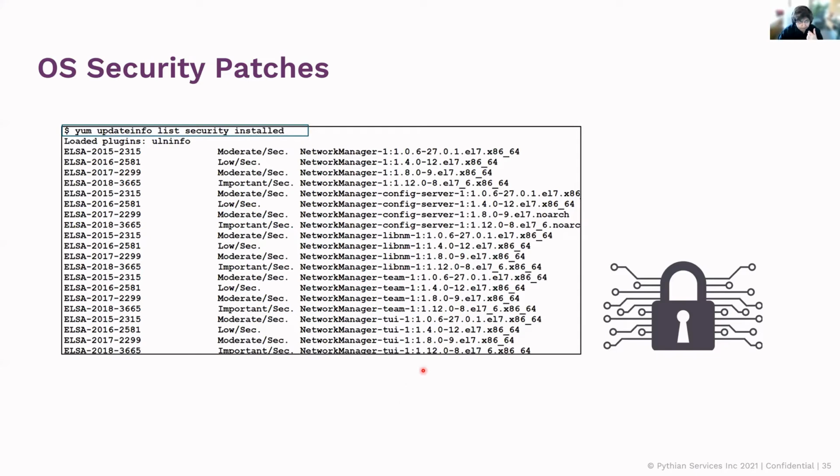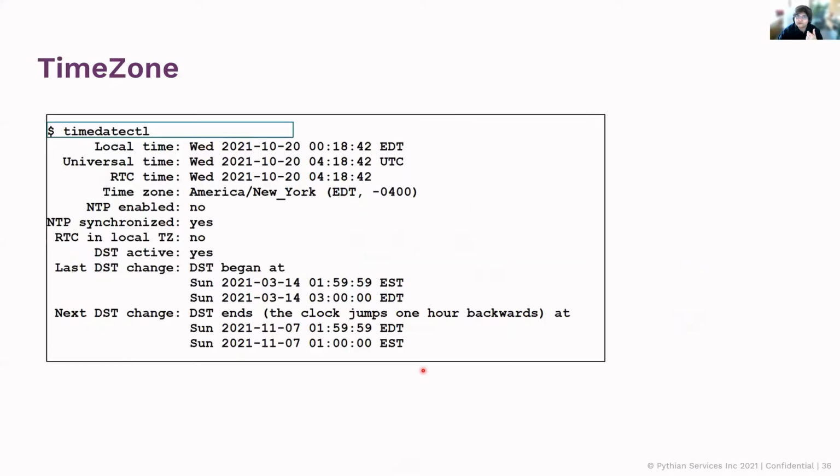Similarly, another thing of interest right now is time zone. Now this is pretty interesting. timedatectl is something that gives you the time zone of your server. This is the command, and as you can see, it tells you that on the 7th of November, your daylight saving is going to end. So you get all the information. So again, why do we care? Why do we as database administrators bother about this?